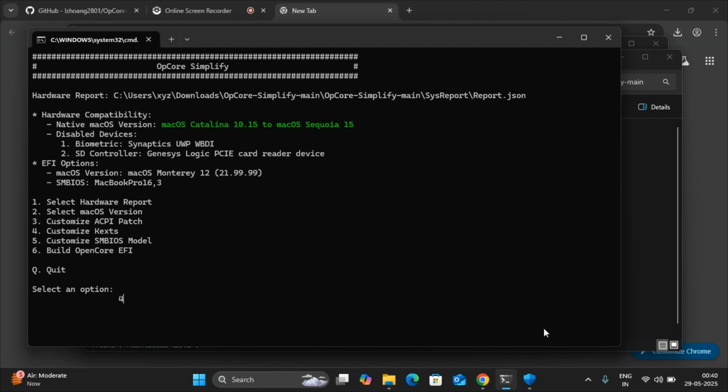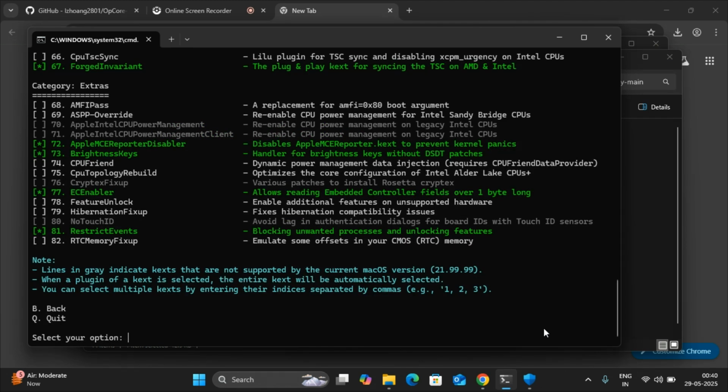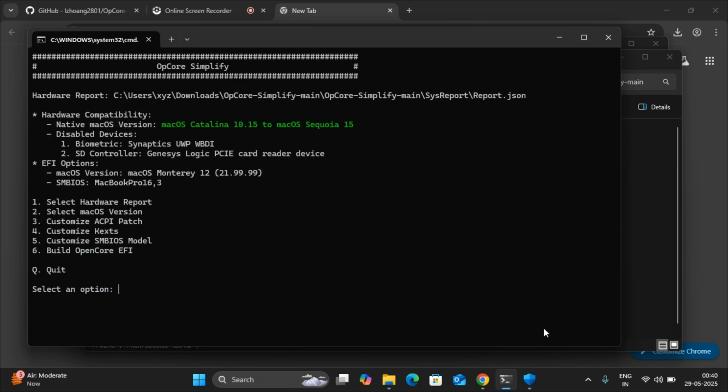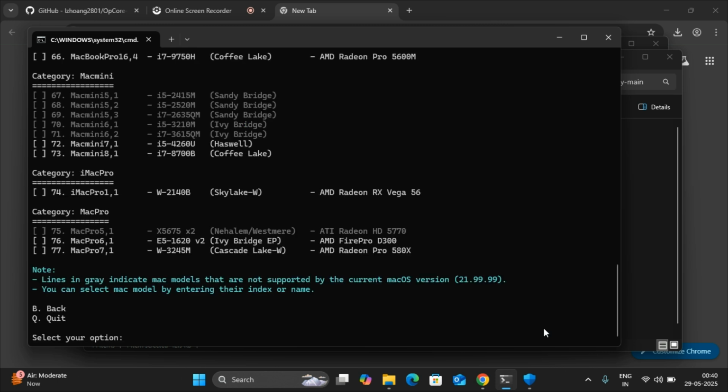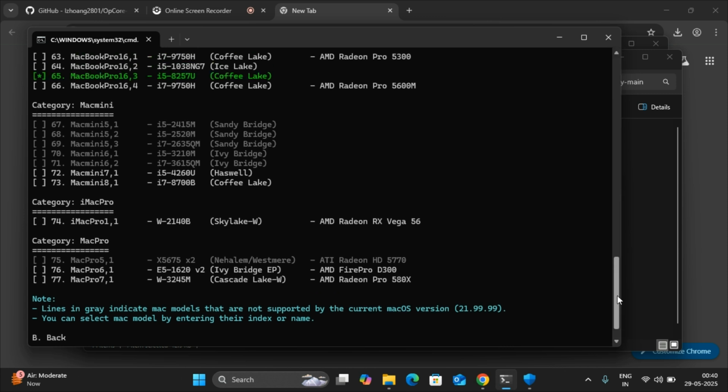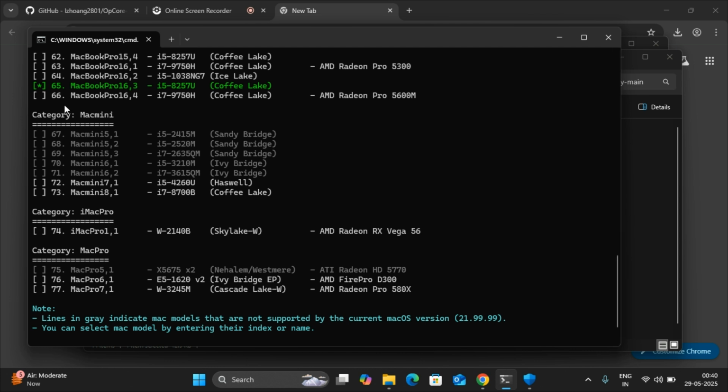Now for the SMBIOS, the SMBIOS model is MacBook Pro 16,3 in my case. Here you can see MacBook Pro 16,3.